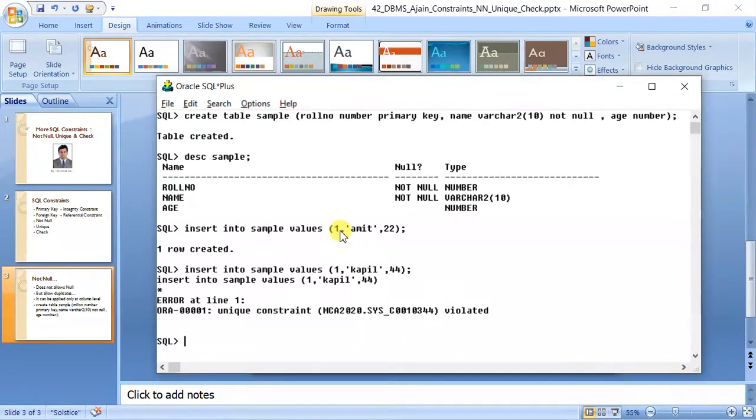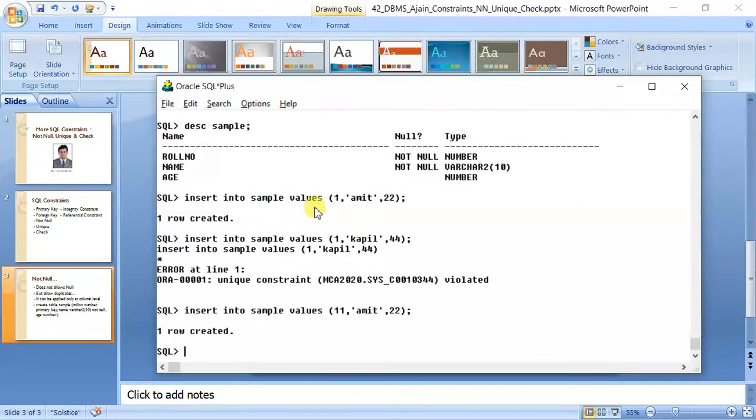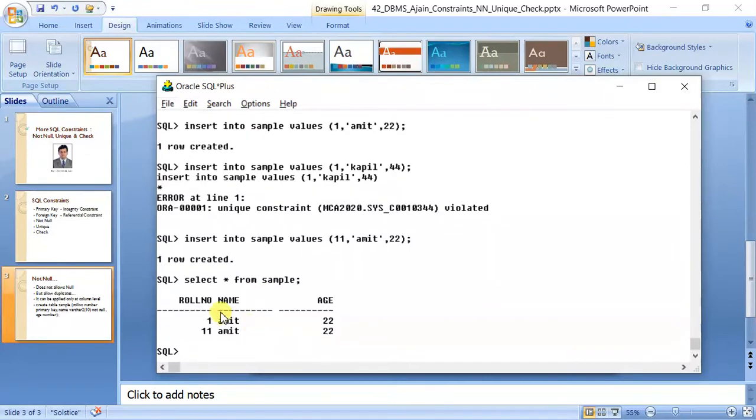It will not be allowed because one is primary key, it won't be duplicated. But if you try to insert 11 comma Amit, same name, it will be allowed, or same age, it will be allowed. Okay, because 1 Amit 22, 11 Amit 22. So select star from sample. You can see that this can be same.